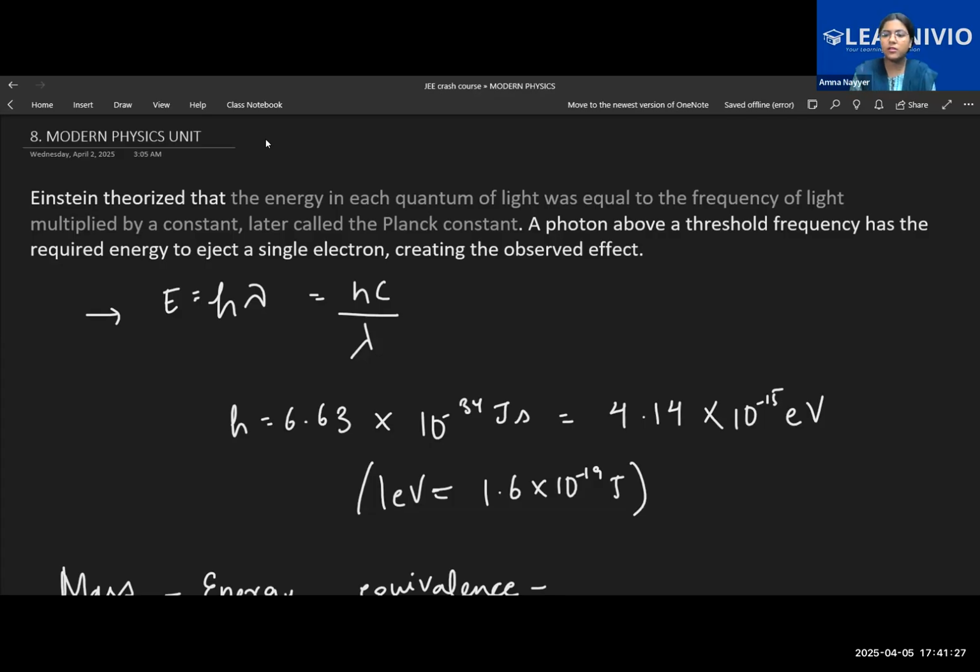2025's paper we'll be solving, whatever questions have come from these, I'll show you the questions also, and the past questions also that we have to do. But modern physics questions from all these Jan papers and the April paper, yesterday's paper I have not seen, I'll see today. So these questions are enough by themselves. We have to practice the latest ones first, that will cover your basics part.